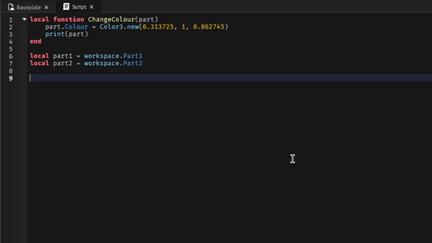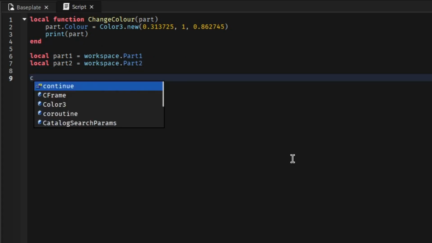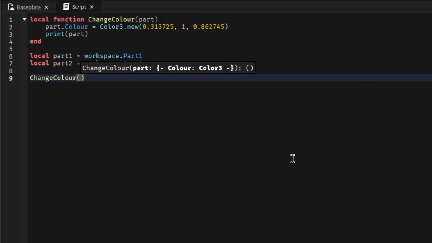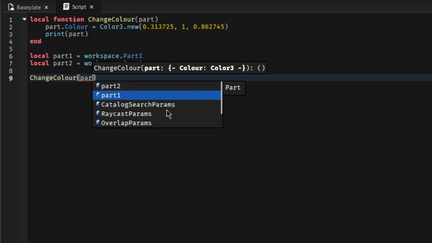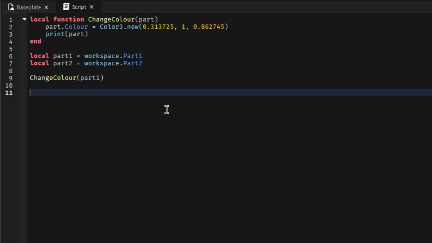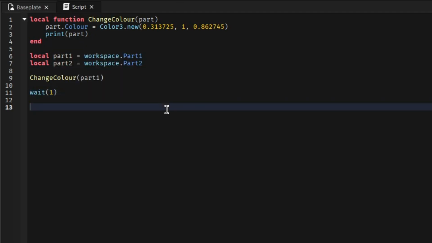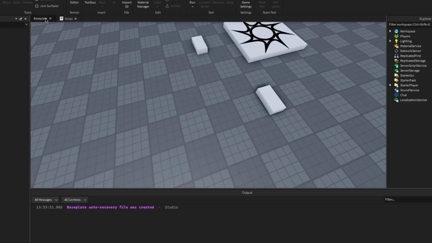So here's where we can use our function. You would call it like a normal variable, write it out, and then add two parentheses to the end of it, and then put the part that we want to change the color of into the function, into the parameters. So we'll do part1, and then we can wait a little bit. And then we can do part2. If we run the game,